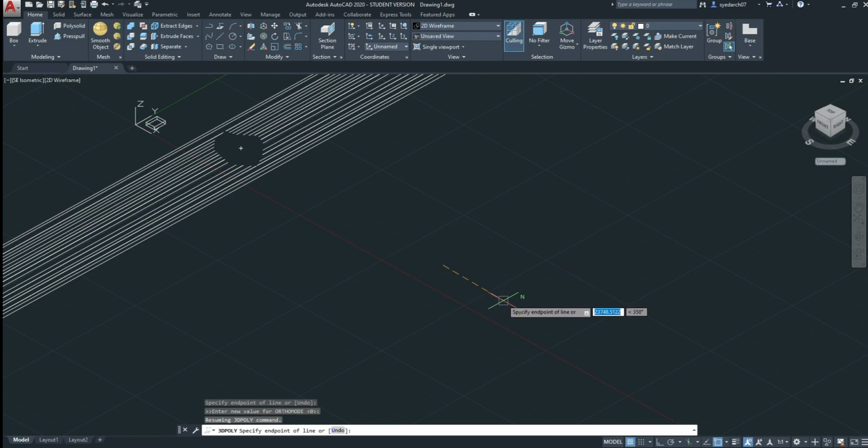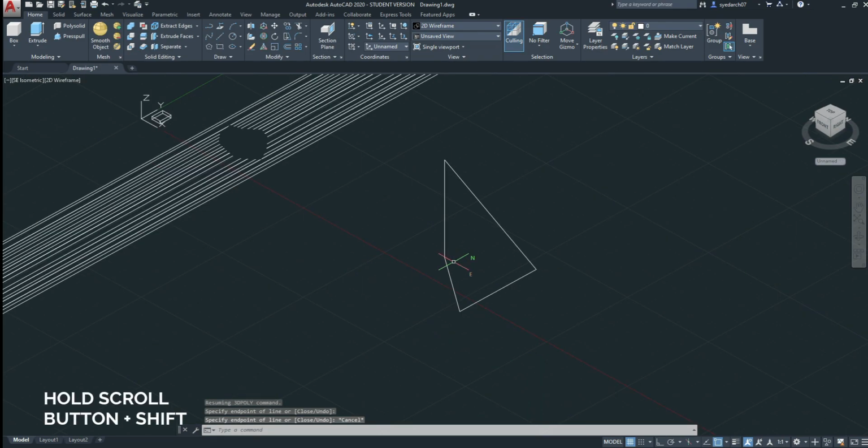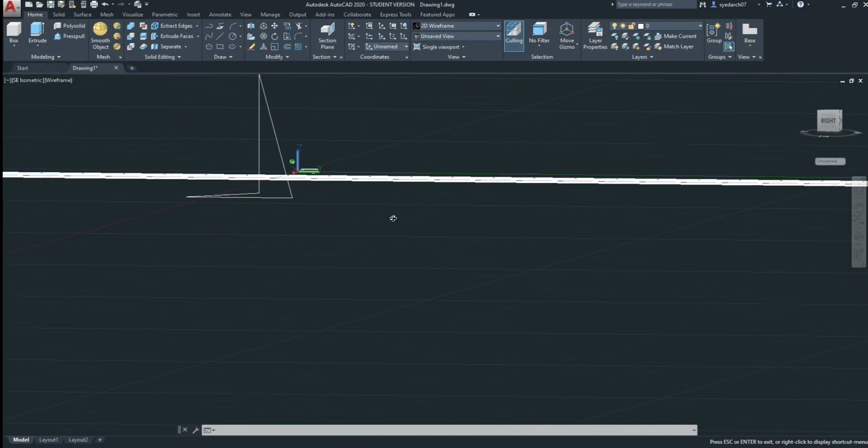You can also use the shift key to identify your plane. Now I am in the Z axis, so I will draw a line here. After drawing your polyline just press escape to exit, and hold your mouse scroll button and shift key to orbit the view. Now you can see we have got a 3D polyline.